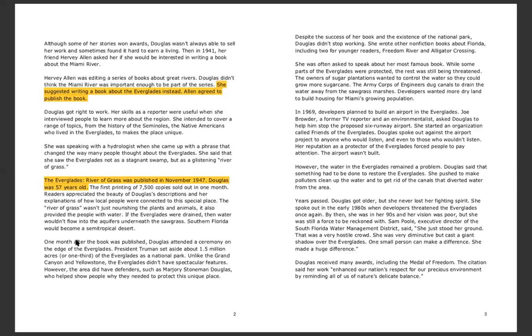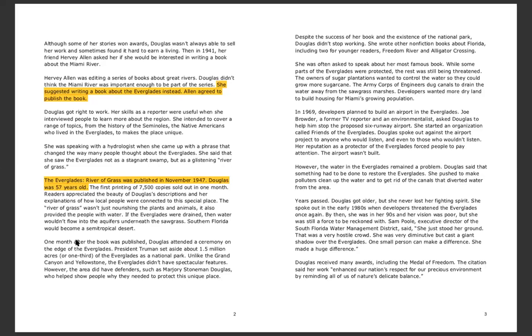So let's stop right there and think about what we read yesterday about ecosystems. Okay, so we know that one little change in an ecosystem can ruin the whole thing. So it's really important to make connections to our writing as we go along. So we learned yesterday that in ecosystems, if one little thing is changed, or maybe humans start taking over that land, it can ruin the whole ecosystem. That's the same thing that Marjory Stoneman Douglas realized as she was writing this book, and how passionate she was about the Everglades.